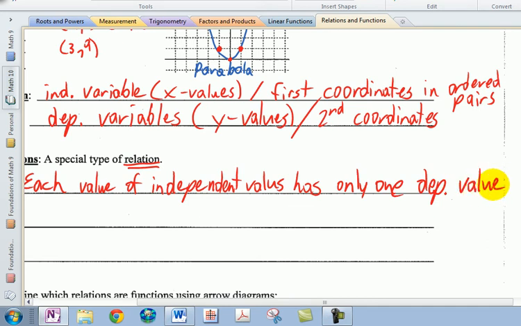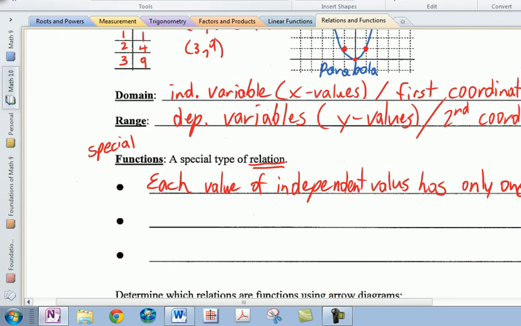So often what you're going to hear me say is this. One output per input. And another way of saying this is that for every value